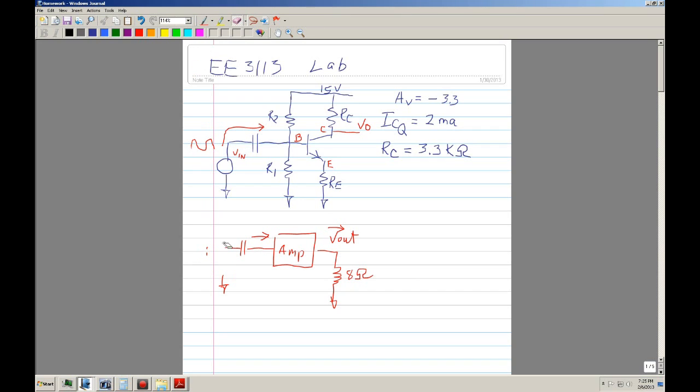But okay. Well, you have to remember the name. There's 3 topologies. Okay. There's going to be 3 types. There's the common... You're going to have to learn this by heart. Common base, common emitter, common collector. Okay, so